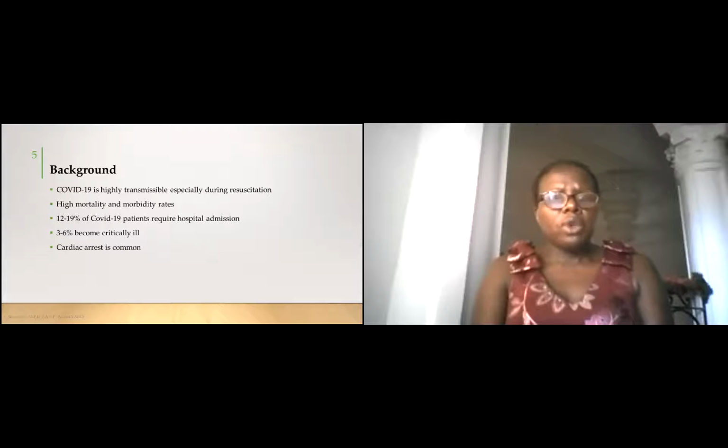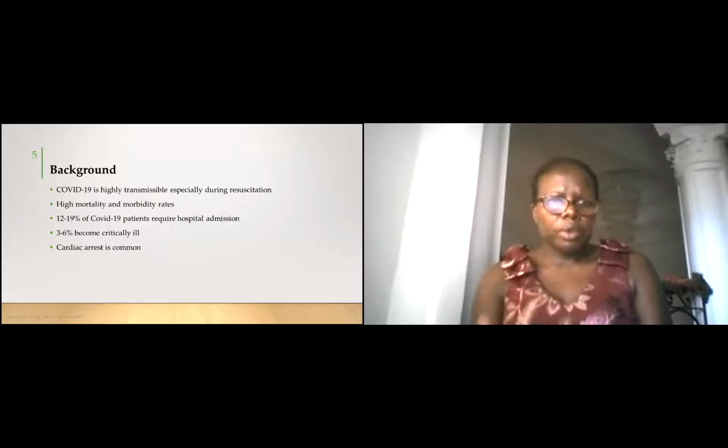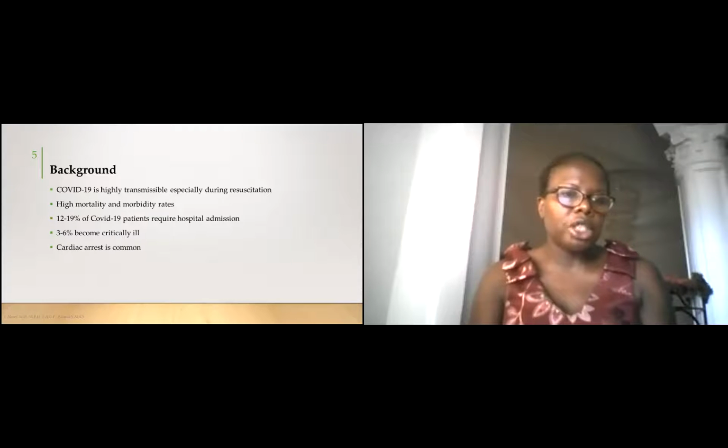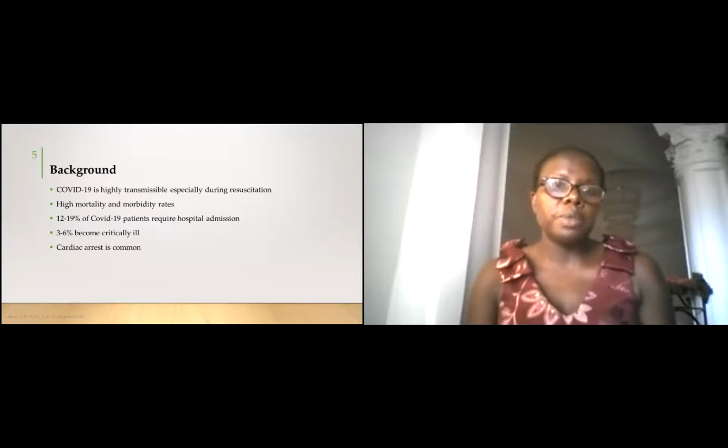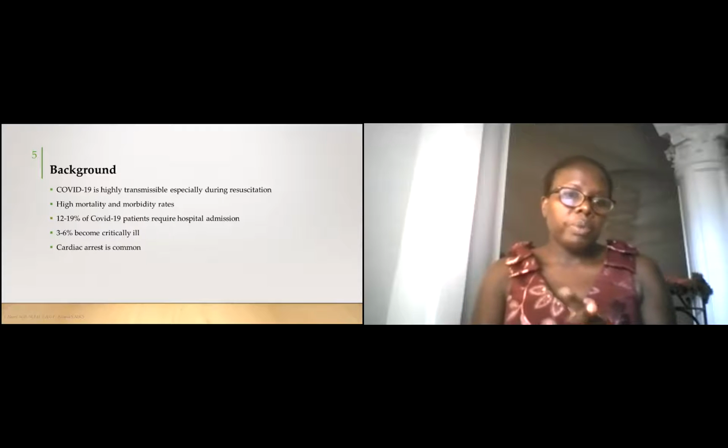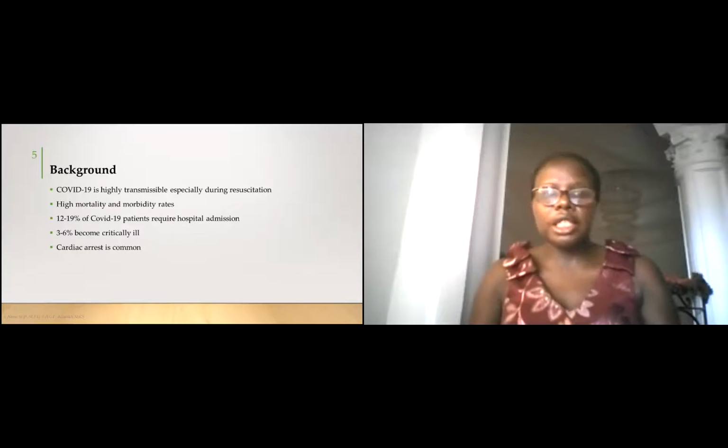Cardiac arrest is not uncommon in these patients, and we all know that patients who have COVID-19 do have myocardial problems and arrhythmias. Some of the medications used in treating patients with COVID, which were used originally, such as azithromycin, can cause QT prolongation, exposing the patient to the risk of cardiac arrest. And not only that, some of the patients with COVID-19 come with GI symptoms,